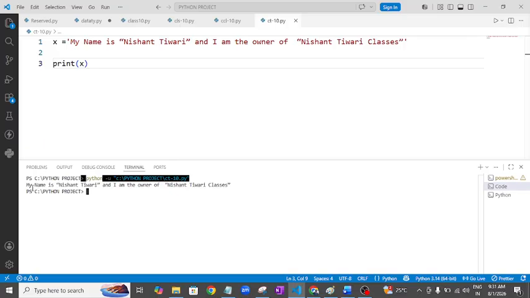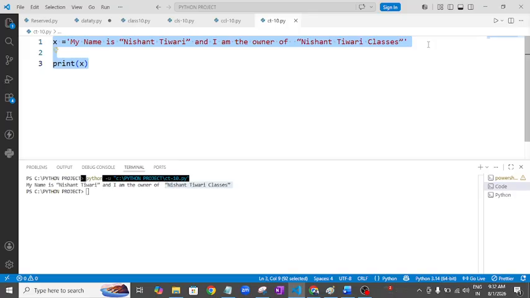Okay, sir. Do you see? This is in the double quote. Similarly, we can go ahead with triple also. One concept that I want to bring very clear to you guys: double quote is for a string. Generally, we consider single quote for a character. But sir, why do we consider triple quote?